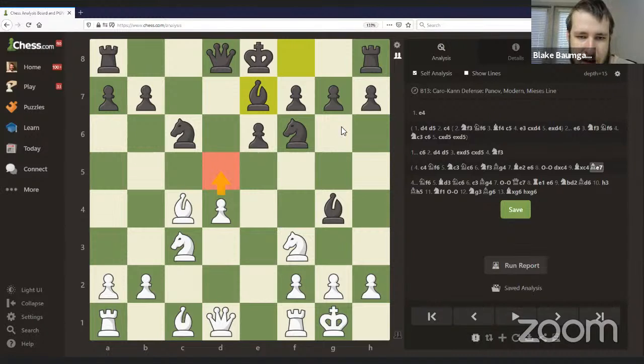Do you trade everything? I mean, yeah, after d5, often a bunch of stuff comes off. We're speaking strictly generally here, of course. Tactically, there's some stuff going on with this pin and stuff like that. But yeah, often there's big liquidations. Yeah, if you're playing against the isolated queen's pawn,